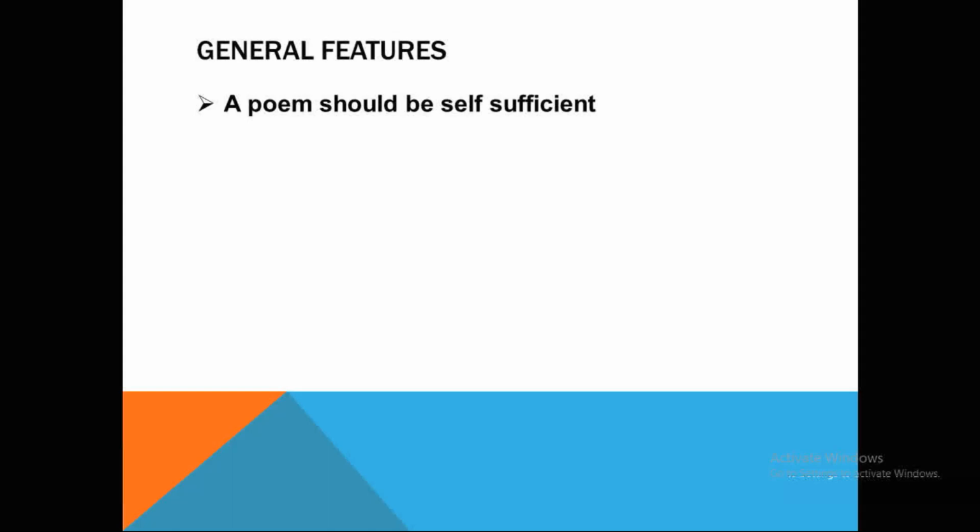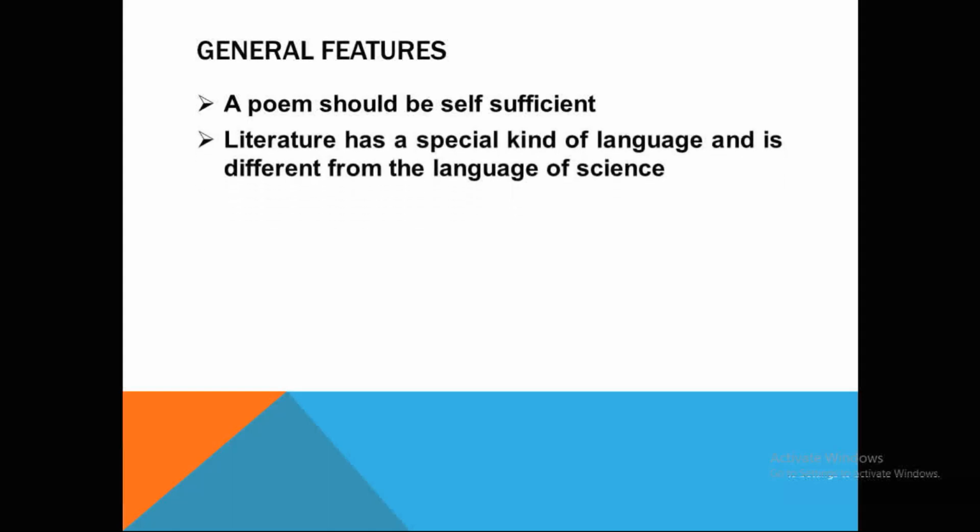The second one is that literature has a special kind of language and is different from the language of sciences. So the language of science is different from the language of literature. It is quite ornamental. It has figurative usage of language, and many figures such as paradox and irony, lots of things. The third feature that new critics concentrate on